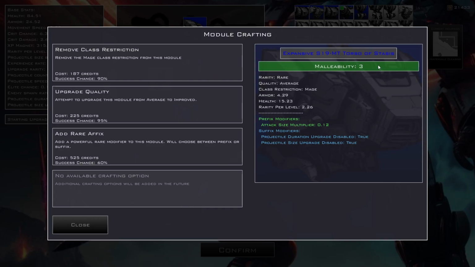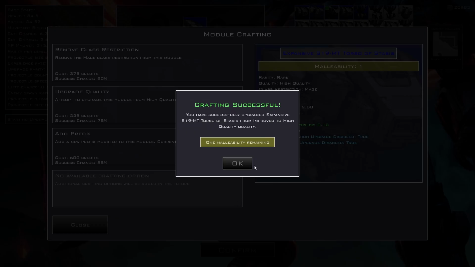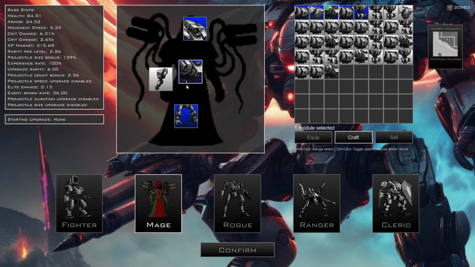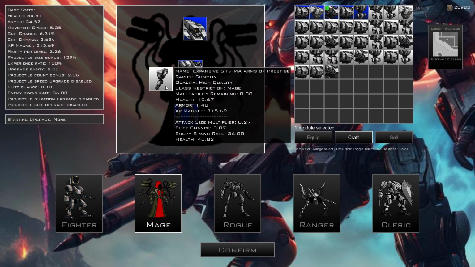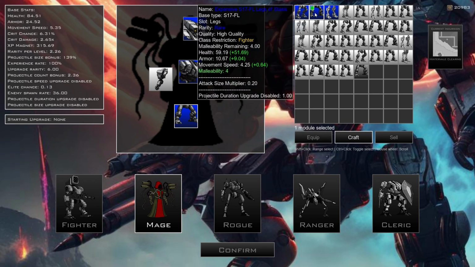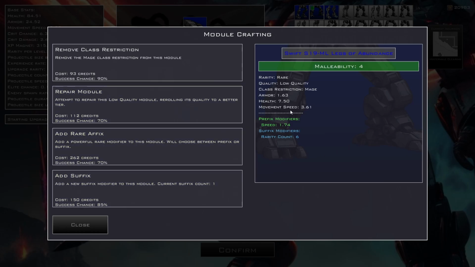We still have two abilities on it. I'm even considering now upgrading this quality straight up and maybe removing class restriction because this could really be useful for another class. So we're gonna hold on to that for now. That one's already done. This one needs to be upgraded still. Let's craft the fighter. All right, so these